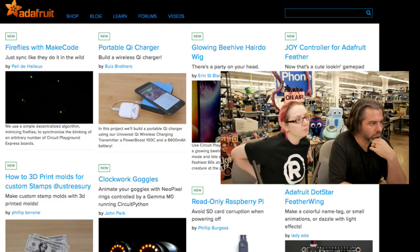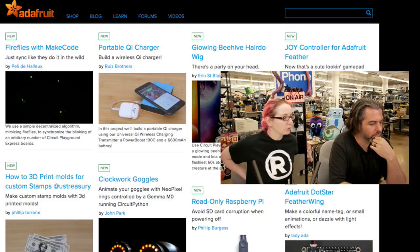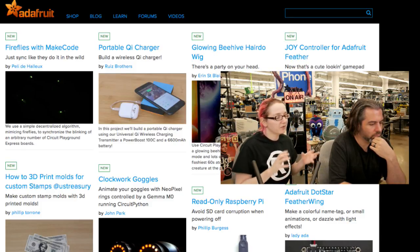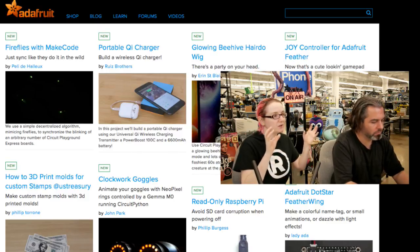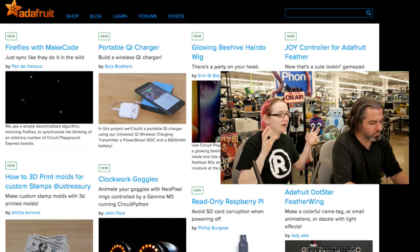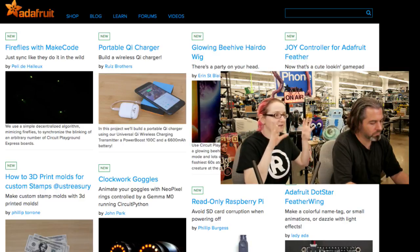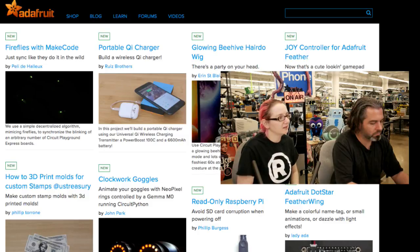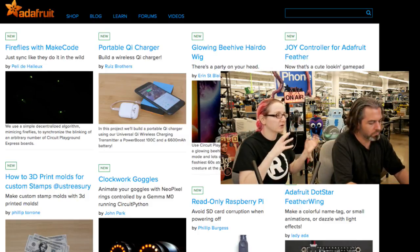And we have a new MakeCode guide from Pelly. It's synchronizing fireflies. This is a really cool project because it uses MakeCode, and it's just drag and drop programming. If you have 3 or more Circuit Playgrounds, they will flash like fireflies out of sync, and they'll slowly synchronize even though there's no bidirectional communication. It simulates the way fireflies sync up, or crickets chirp together. It's neat because it uses just the light sensor and the built-in NeoPixel lights to create